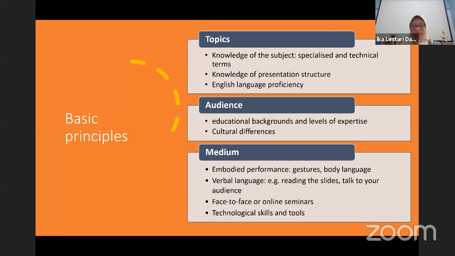But in face-to-face interaction, embodied performance, the use of body language plays a very important role as well, because people tend to look at the visual prompts rather than hearing the verbal. When they hear the words, it's flowing quite fast and they cannot go back. But the visual, they have more time to look at the face or the slides like that.